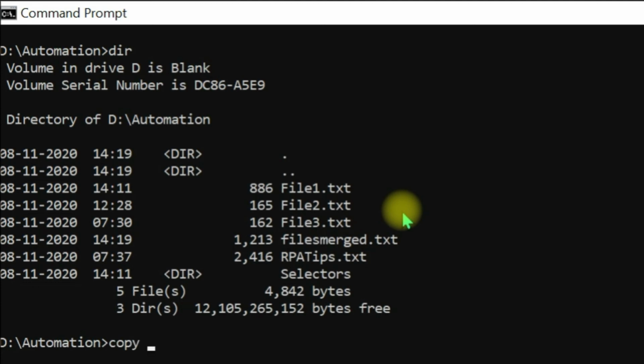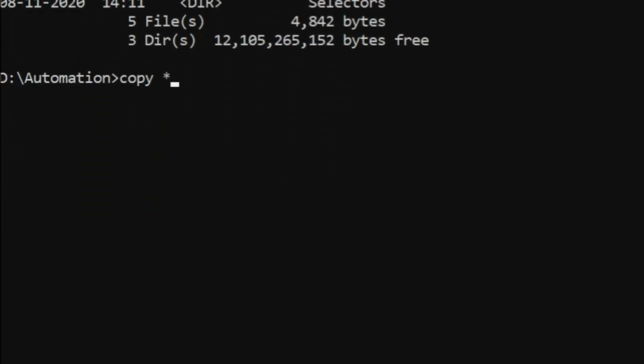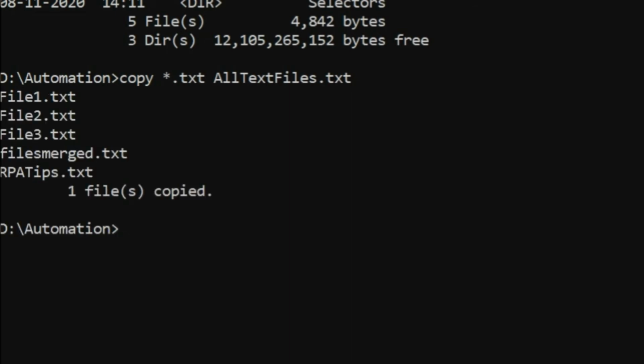So simply I can use the wildcard star.txt, my new file name, all text files.txt, enter. Now all our text files are copied to one single file, that is all text files.txt.